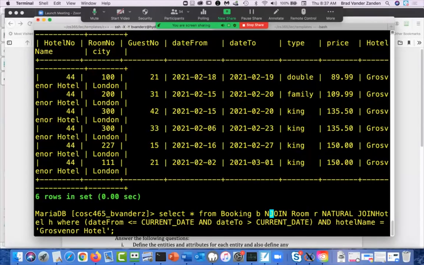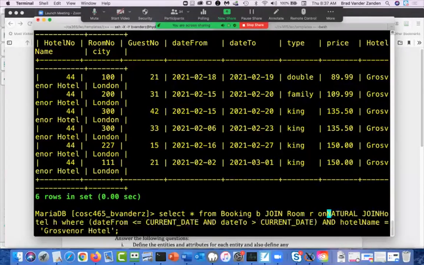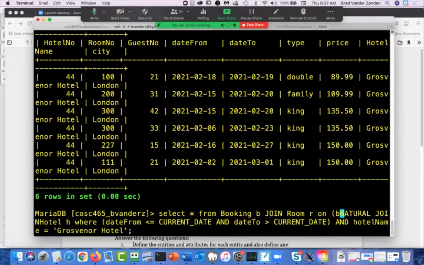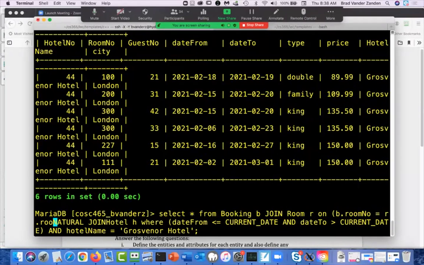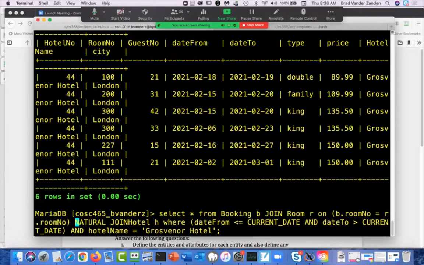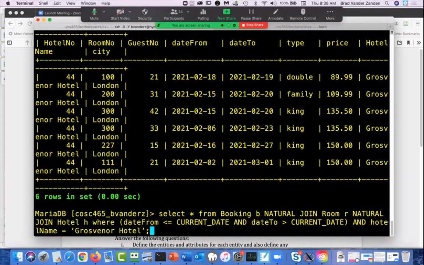Many of you joined booking with room, but you only used one of the two common attributes, which was room number. And you forgot that there was also a hotel number. And what you end up with,